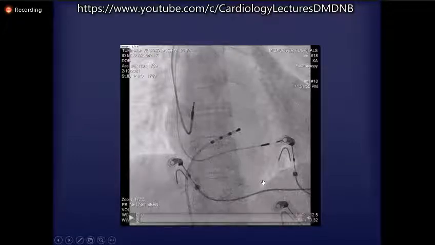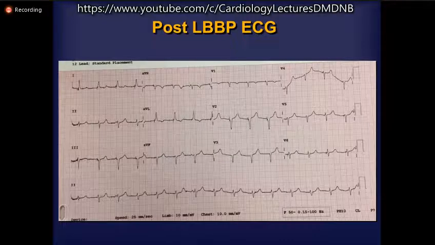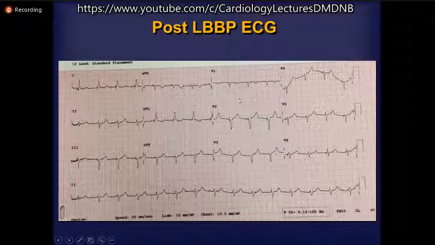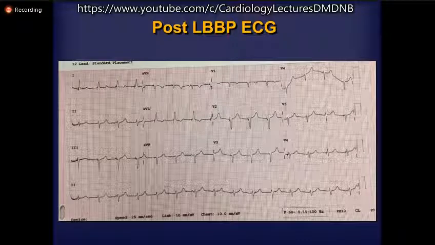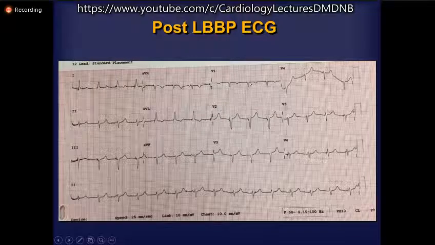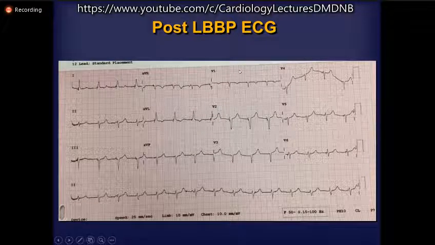So practically what we see many times with left bundle pacing is that when you do bipolar pacing, and if you adjust your AV delay accordingly, you even lose that little bit of broadness because of the right bundle capture.